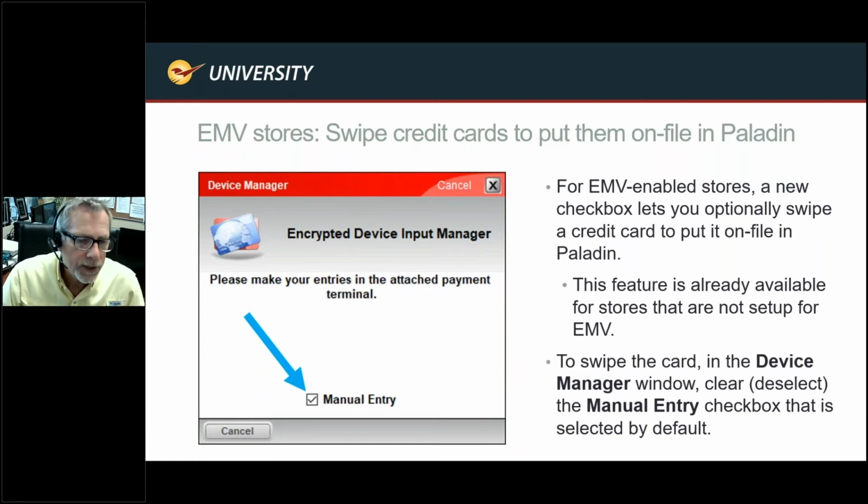Or in this case, if you uncheck the manual entry box, you can swipe or dip the card, and it would bring that information from the card and automatically put that on your stored credit card under the customer file. So that is another feature that's available, and it's only available for stores that are using EMV, because it's already available for stores that are not set up for EMV. So in this case, it just gives you this capability that you've had before on the new Lane 7000, 8000 devices.